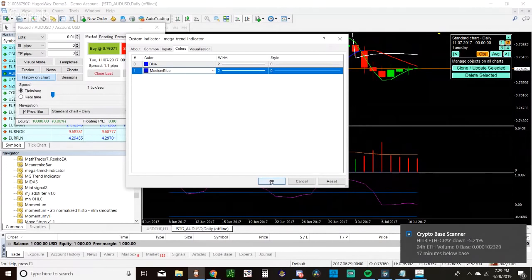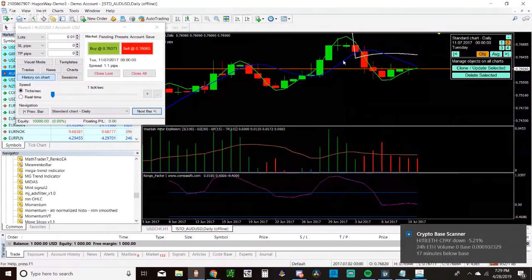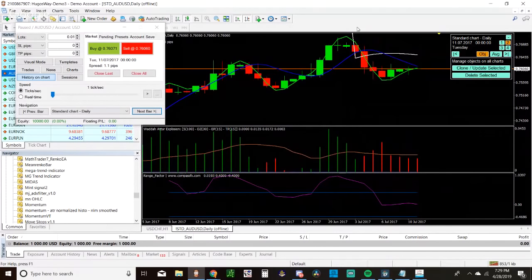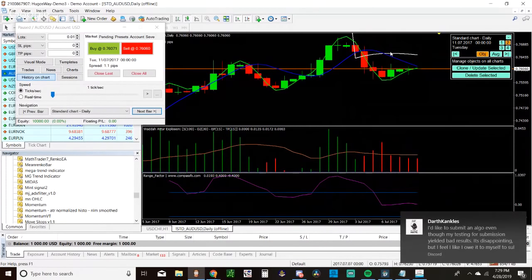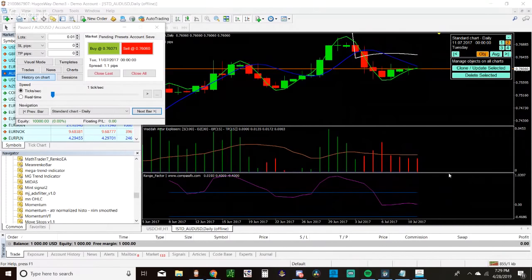That works. Okay, so our 21 HMA is blue, our 7 HMA is green, and then our 50 HMA is